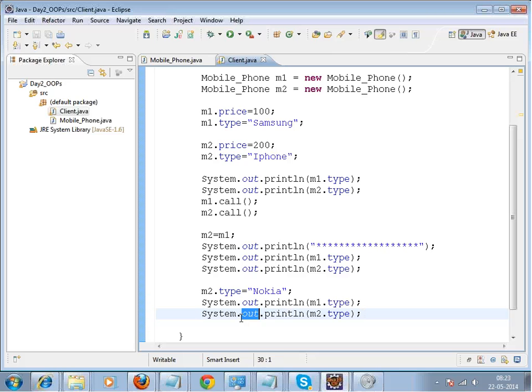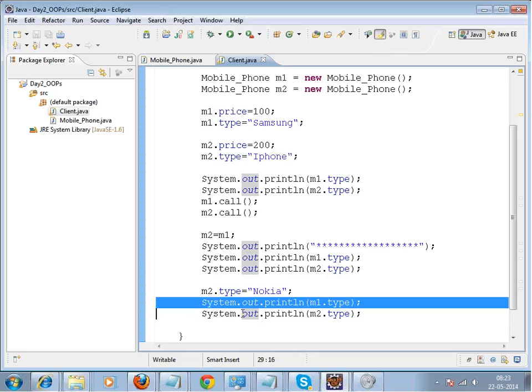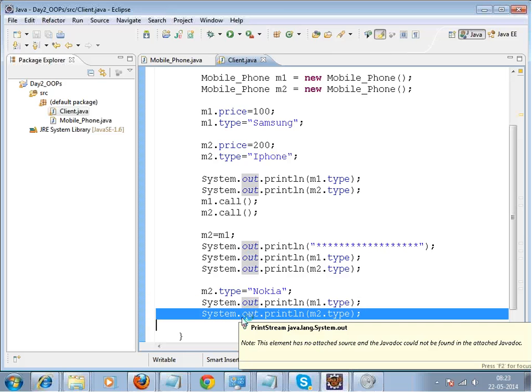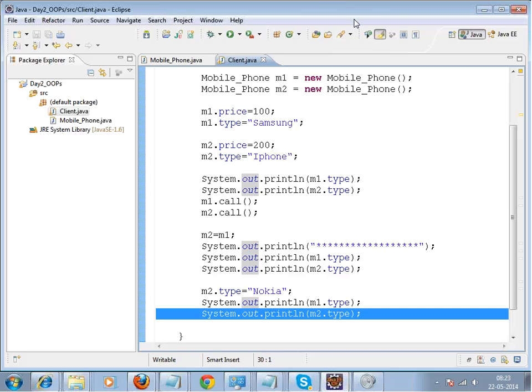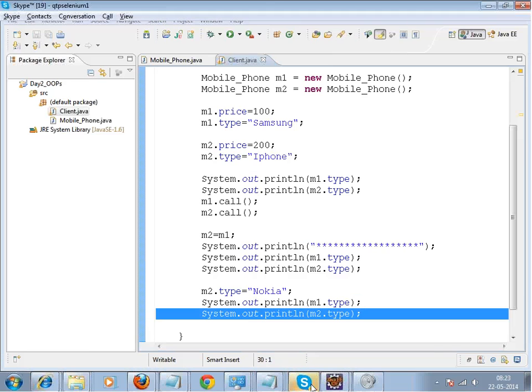What will these two be printing? Nokia, Nokia. Alright. Look, when one object reference changes the value,